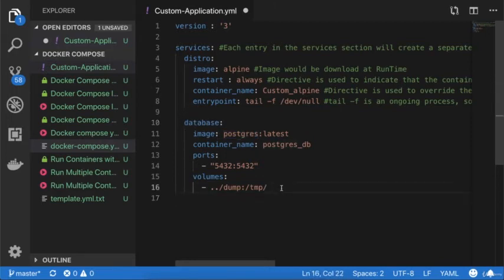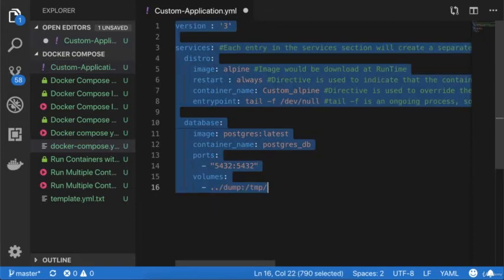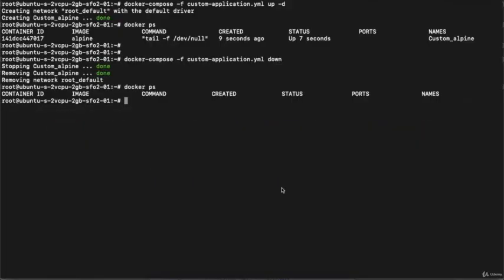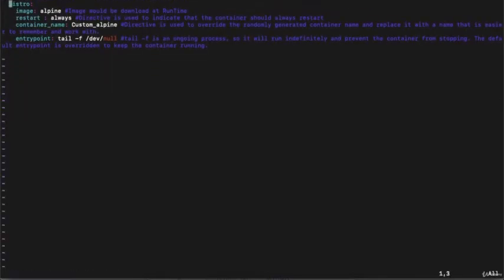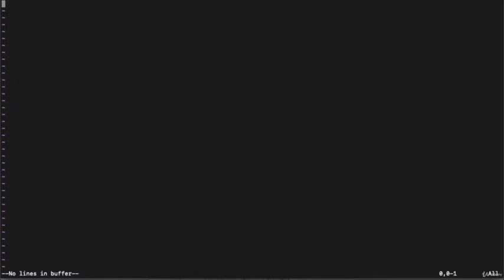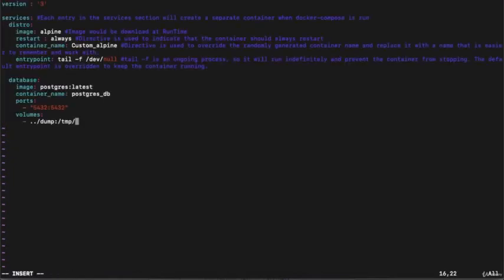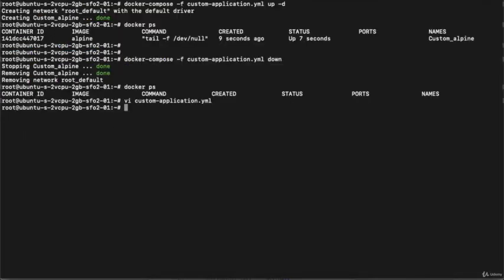Now suppose I will copy this file again, go to my terminal, open the custom application YAML file, right? Remove the old content, go to the insert mode and paste this particular file. So in this file, we have added another container which is database, right? Press escape colon WQ to save my file.